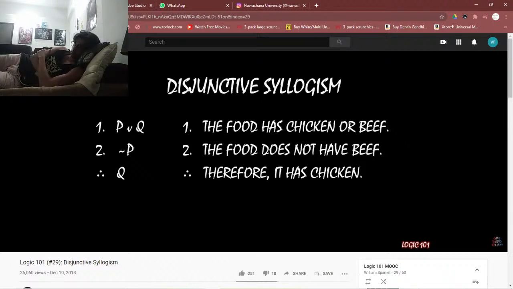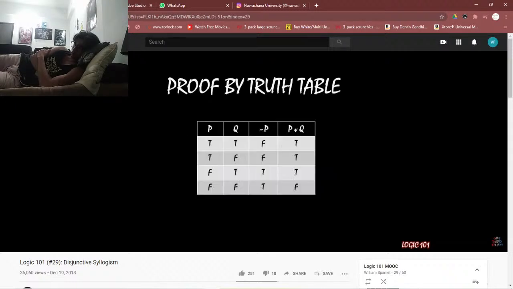We can prove that this is true logically, both using a truth table and by relying on our old friend modus ponens. Let's start off by using the truth table to prove that this is true. So here we have a truth table with 4 columns. We had 2 simple sentences, P and Q, and then we had our 2 premises to disjunctive syllogism, not P,